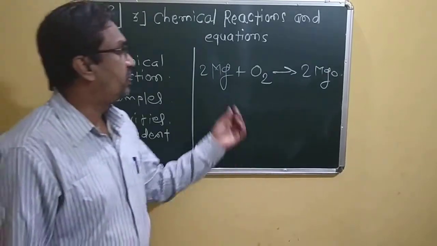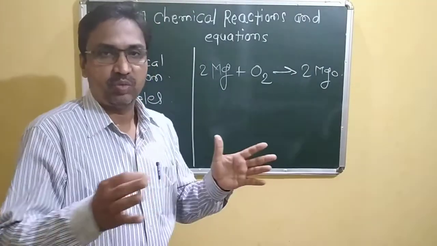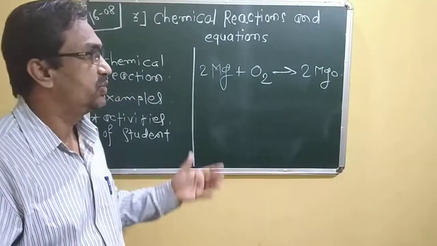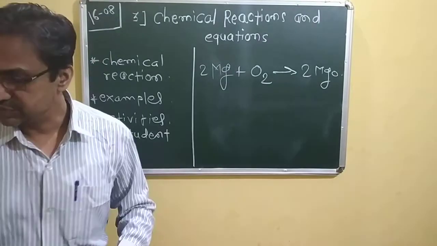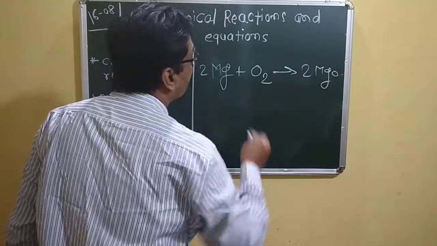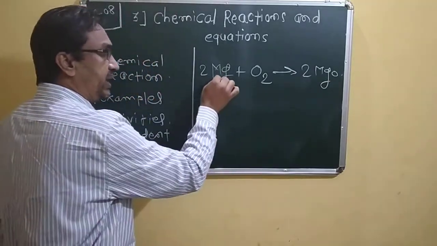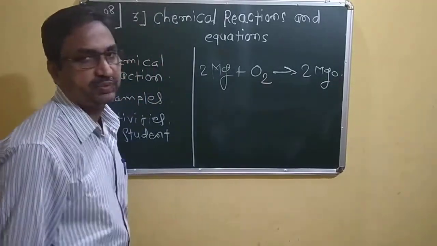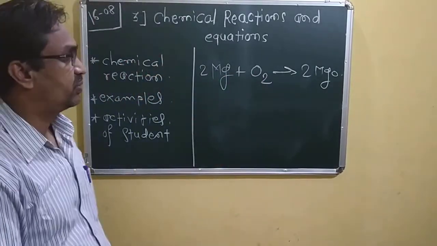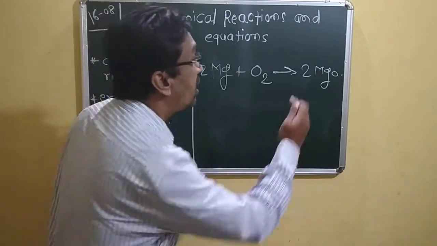Okay, the properties of magnesium, the properties of oxygen, and the properties of magnesium oxide are of different compositions. In this way the scientists have tried to solve how the composition of elements takes place, and this we have to study. The change which occurs in magnesium oxide is not reversible. From magnesium oxide we can't regain magnesium or oxygen. Magnesium and oxygen can react chemically with each other in a definite proportion in the presence of something which is required for their chemical reaction, and they form magnesium oxide.